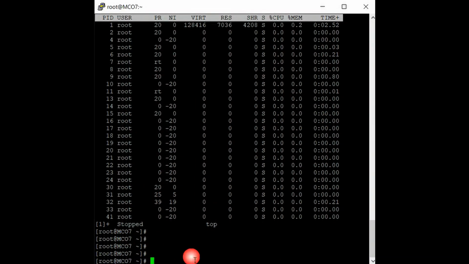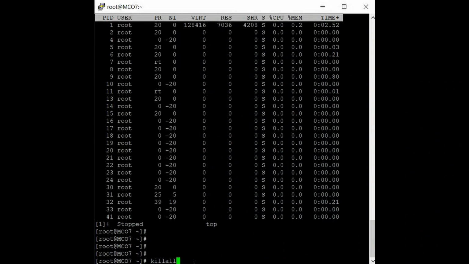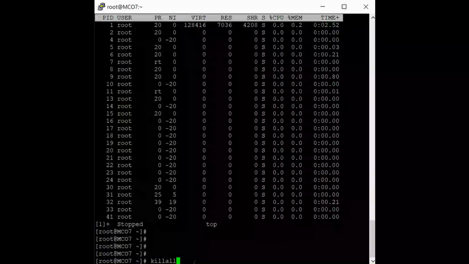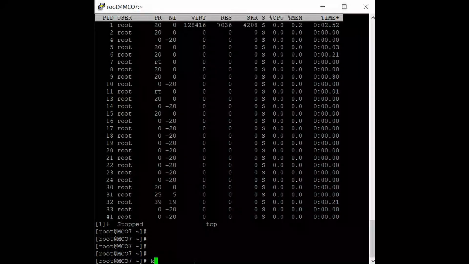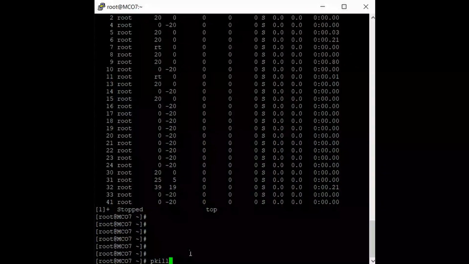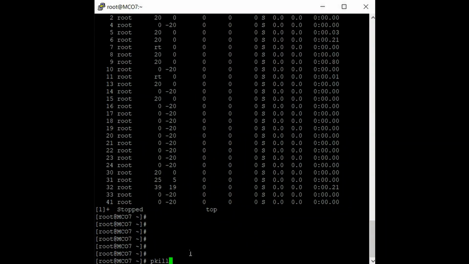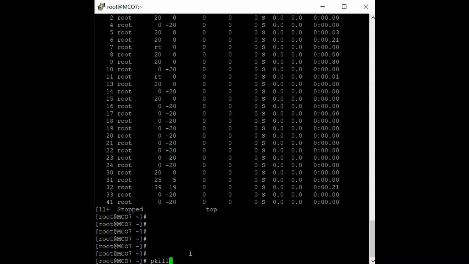Now the other command we have is killall, which will kill all the processes along with all child processes. So that's the killall command. Moving on to the next one. Now we have pkill, which will kill the process with its process name. What we have just done was with the process ID. Now we can kill with the process name as well with the pkill command. So if you compare with the